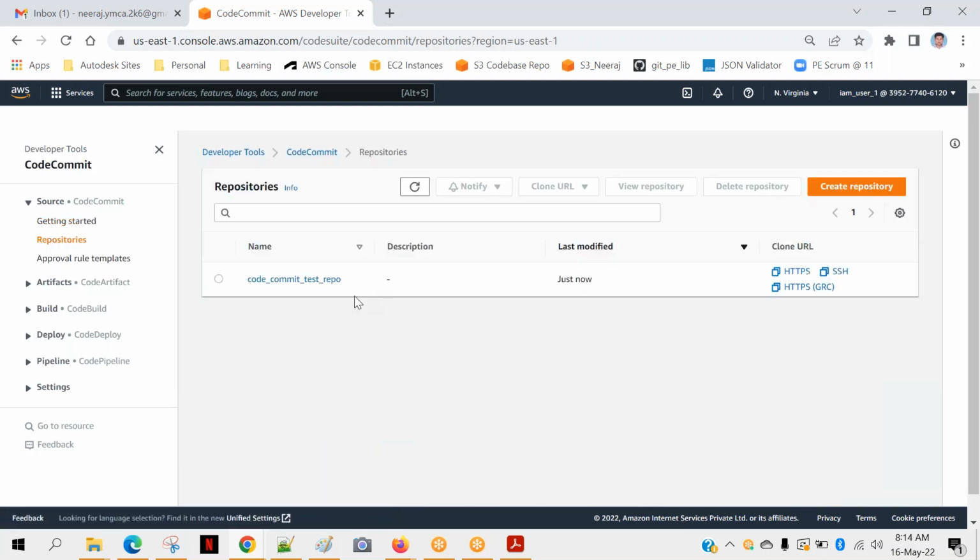When we created our first repository, these are the different ways to connect. So there are different ways to connect to the repository. One is simply the browser. Another is HTTPS or SSH. There are many ways to do it, but we will be talking about only one way, which is SSH based. So what is SSH? You have to generate an SSH key on your system from where you